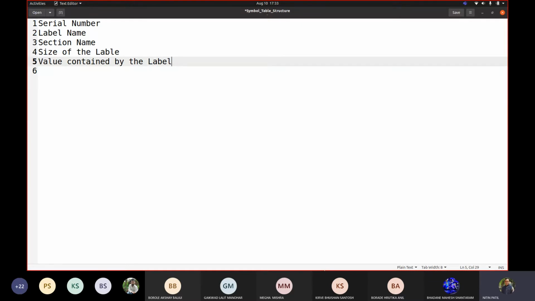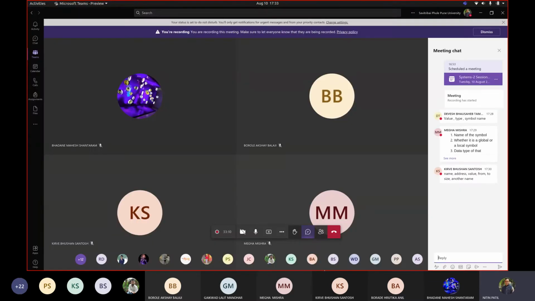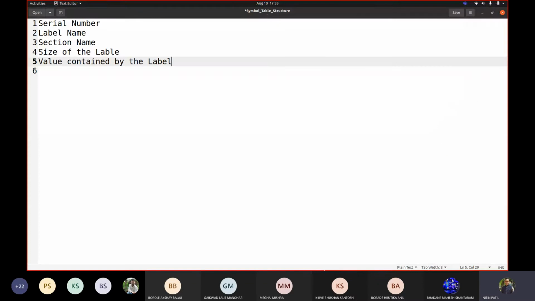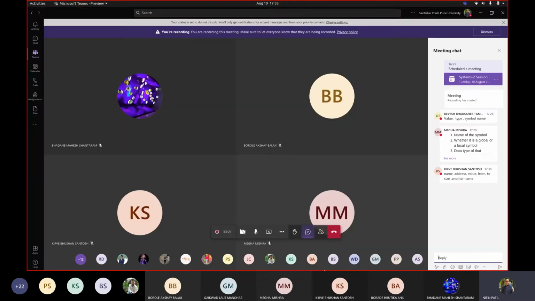Have I missed anything which was mentioned there? Data type would be like size. Data type would be what? Size of it for us. I already addressed what Bhavesh said: value, type and symbol name.